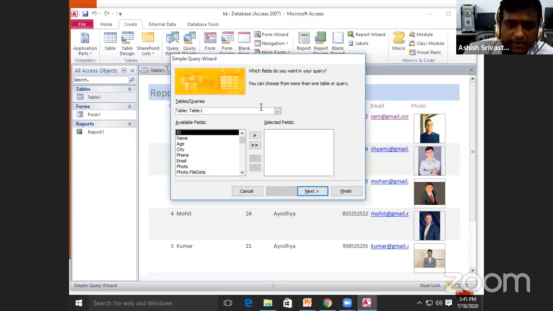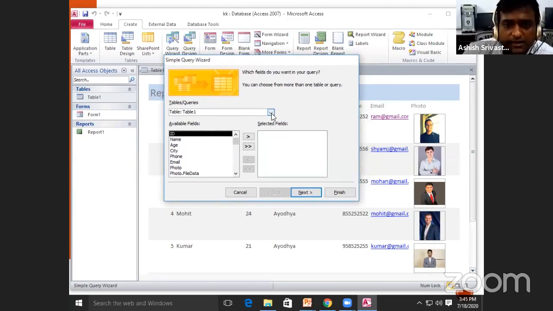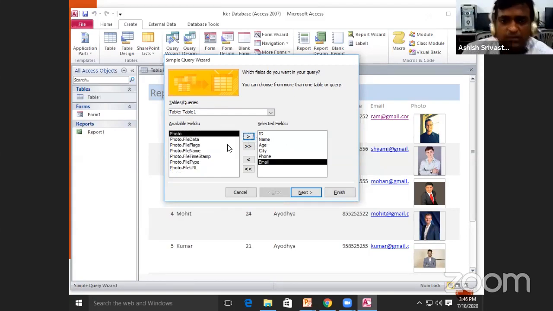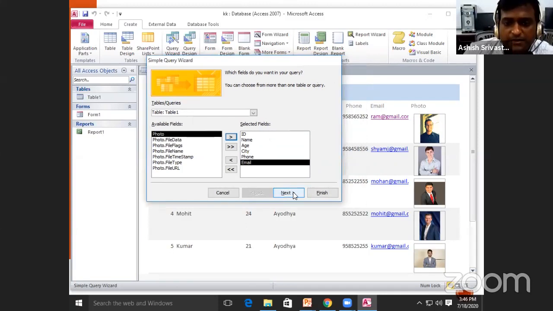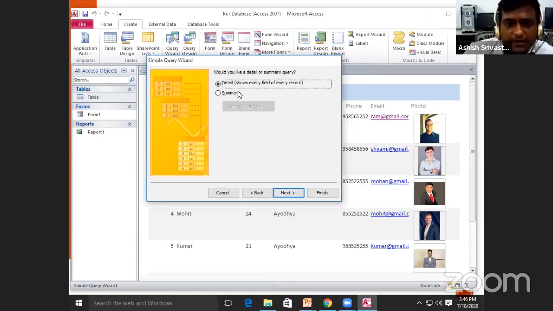क्वेरी इंप्लीमेंट करना चाह रहे हैं। क्योंकि यहाँ पर मैंने टेबल 1 क्रिएट किया हुआ है, इसलिए टेबल 1 से रिलेटेड मैं क्वेरी टेबल 1 पर परफॉर्म करूंगा। और कौन कौन सी फील्ड हम क्वेरी में रखना चाहेंगे, तो चूंकि यहाँ पर डिफरेंट टाइप्स ऑफ फील्ड हैं, तो मैं यहाँ पर 1 बाय 1 फील्ड को सिलेक्ट करता हूँ। और फील्ड को सिलेक्ट करने के लिए नेम पर क्लिक करूंगा, इसी तरीके से एज पर क्लिक करूंगा, सिटी पर क्लिक करूंगा, फोन पर क्लिक करूंगा और इसी तरीके से ईमेल पर क्लिक करूंगा। और इस तरीके से हमने 1 2 3 4 5 6 फील्ड्स यहाँ पर सेलेक्ट कर लिया हुआ है। फिर यहाँ पर नेक्स्ट बटन पर क्लिक करेंगे